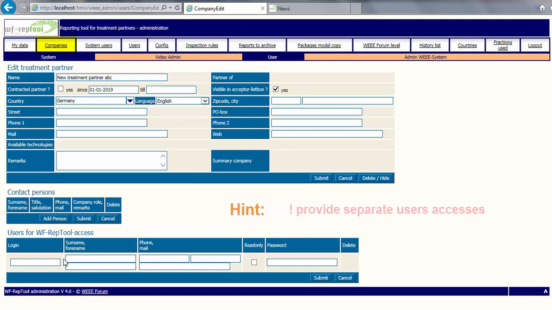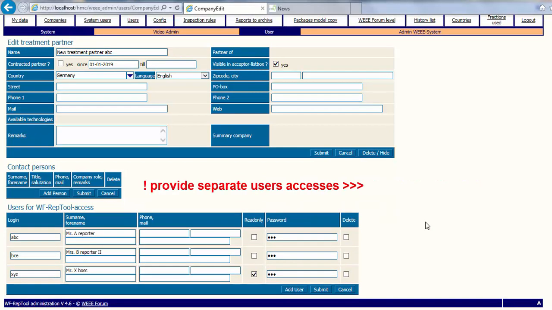I recommend you to give different persons at the treatment partner separate RepTool accesses by individual logins and passwords, and to ask them to use them. Providing different user accesses gives the option to be able to trace changes done in a report. In case of any conflict, you may trace the user who has done changes in any report in the history